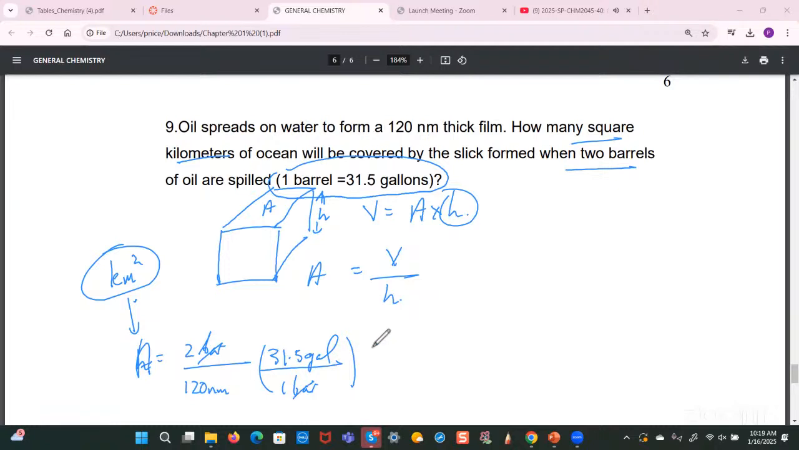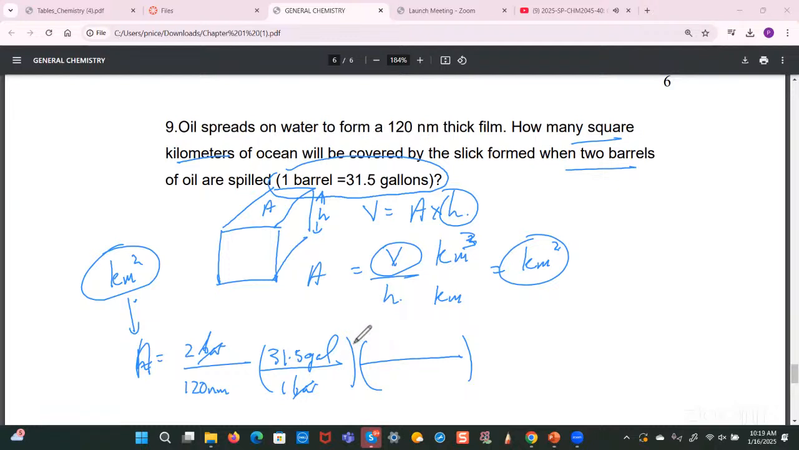And then ultimately, let me just give you an overall description of what you're trying to achieve. Ultimately, you want to get the volume expressed in kilometers cubed, and you want to get the thickness expressed in kilometers. So that when you divide kilometers cubed by kilometers, you're going to get kilometers squared, which is what the question is asking for, right? So basically, you want to convert the volume to kilometers cubed, and you want to convert the thickness to kilometers. So continuing with this here,